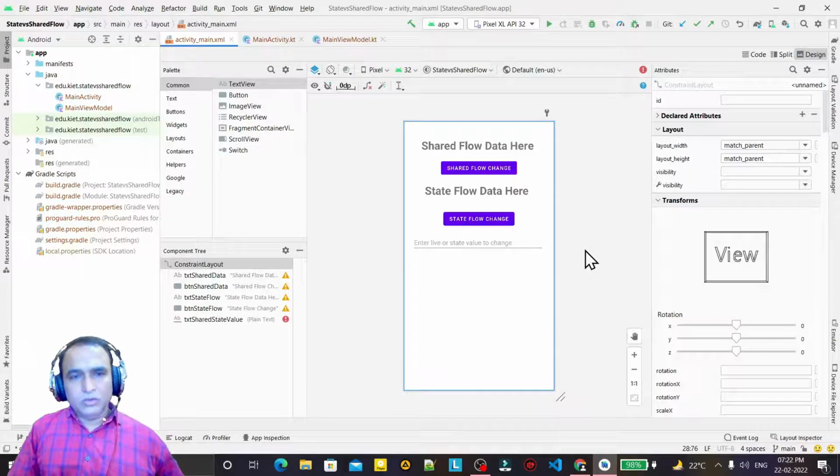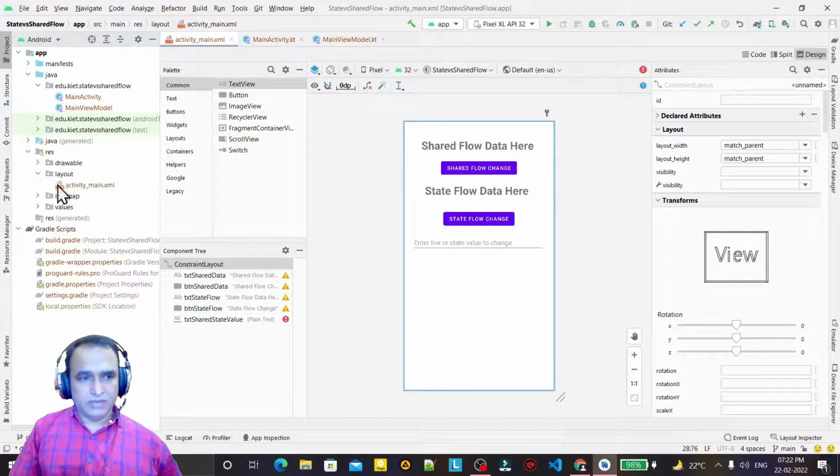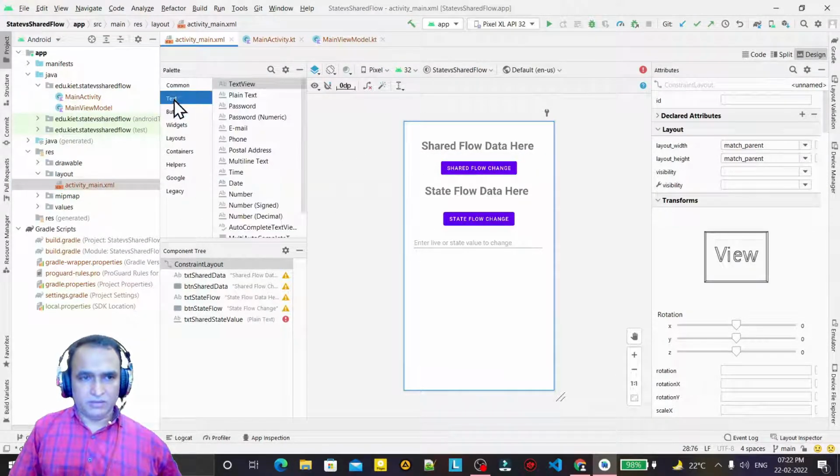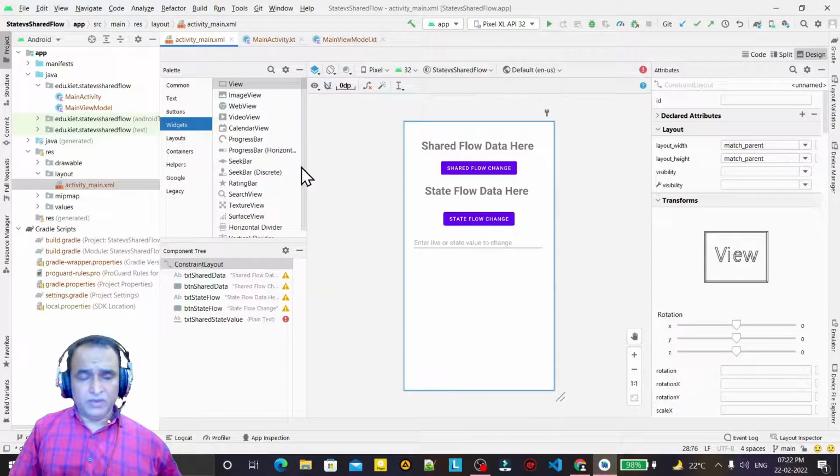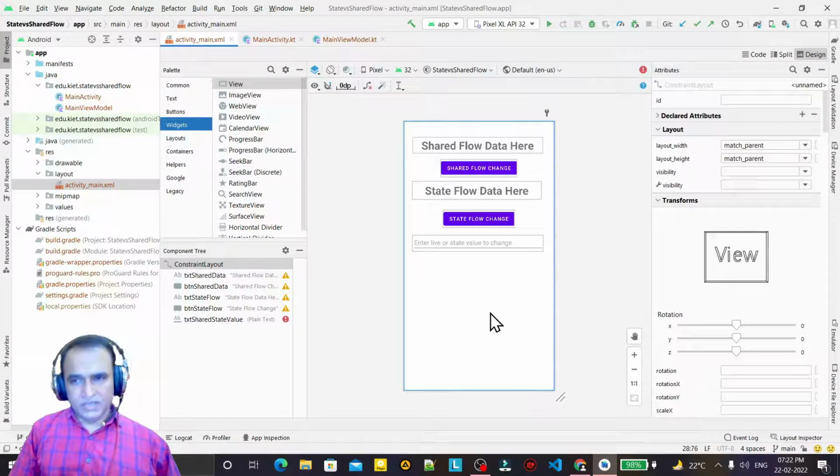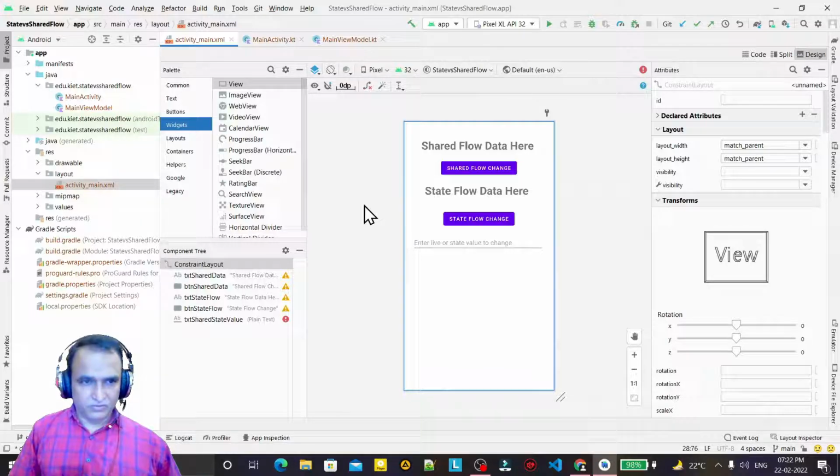So as we all know, if you are familiar with Android, we have an XML file, a layout file in the resources like this activity main, and here we have the button and the components. One by one we just put and drag on this screen and we design a layout. That is the traditional Android programming, and we were using this since the birth of the Android operating system, and earlier in Eclipse also, and now in Android Studio also, and we are more comfortable with this.